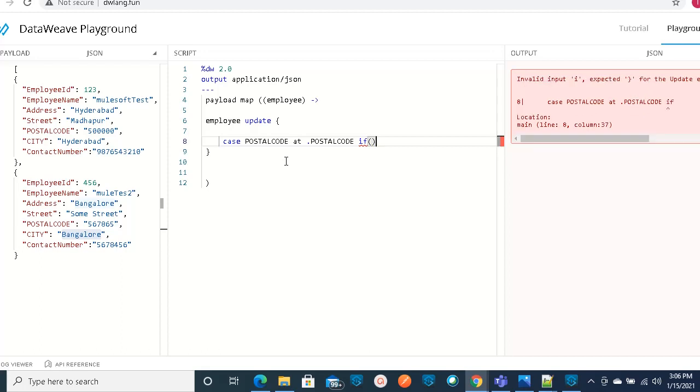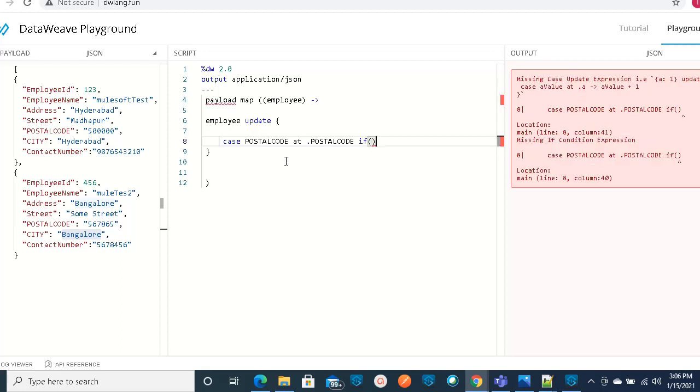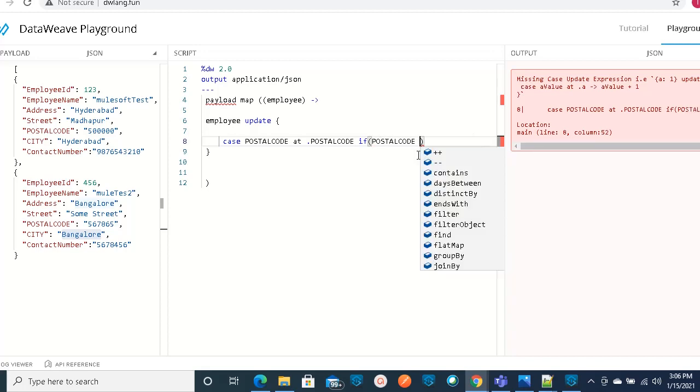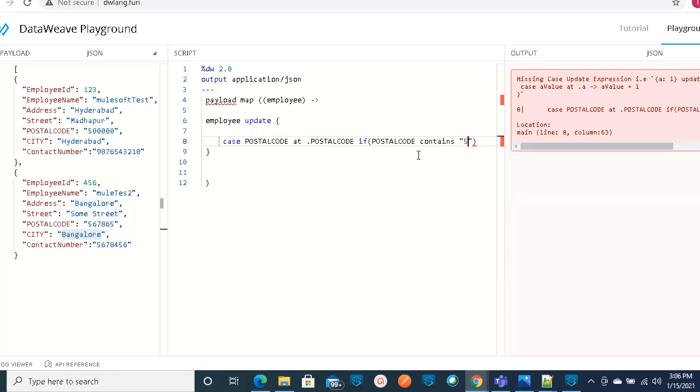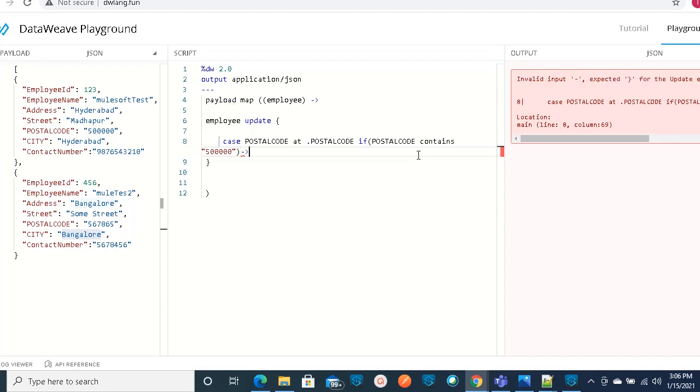If this postal code contains that 5 million, then I would like to update this value. So postal code contains 5 million, then after this arrow, you need to provide the actual updated value.